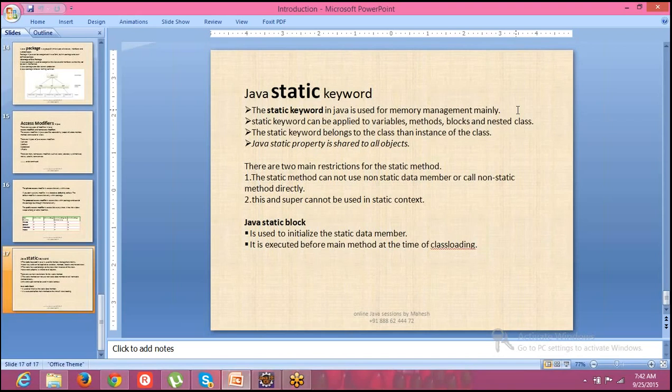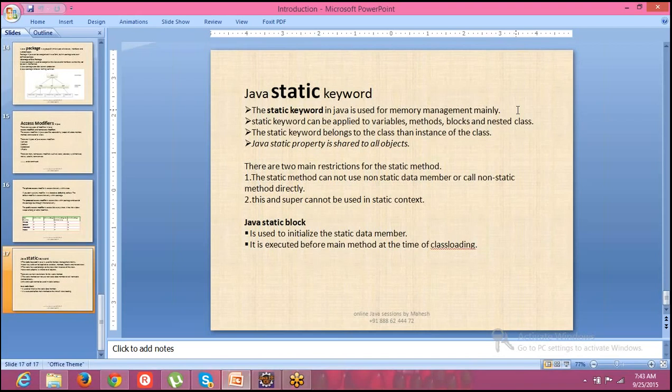The third point I have quoted here is that the static keyword belongs to the class rather than an instance of the class. You have already seen that, static variable is more related to a class, not to the object. That is what you learned in static variable itself. The next point here is that a Java static property is shared by all objects.